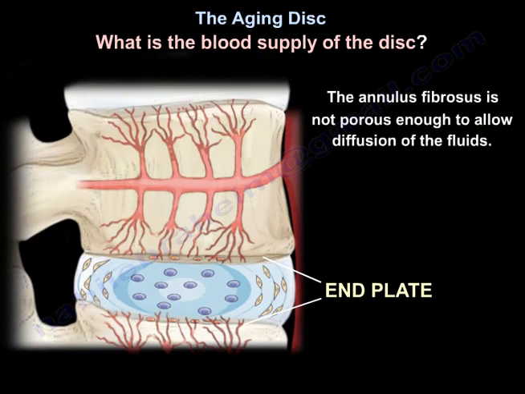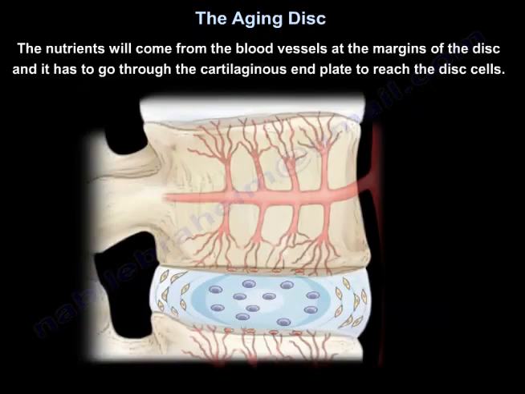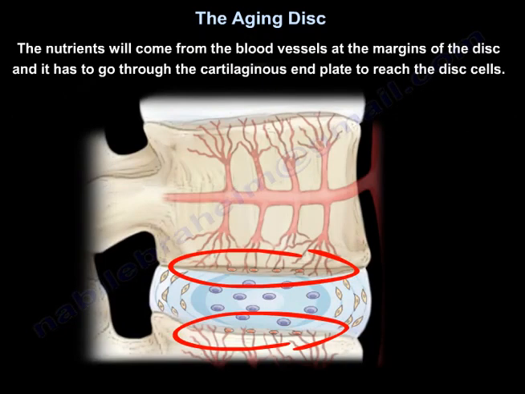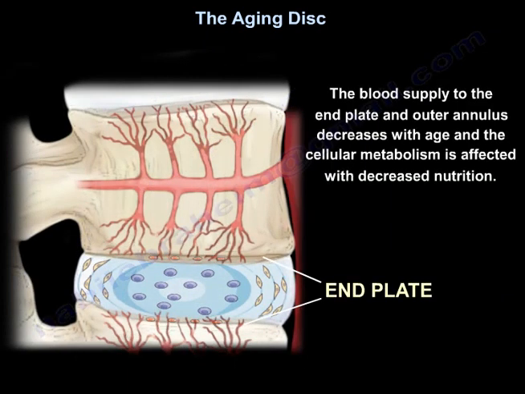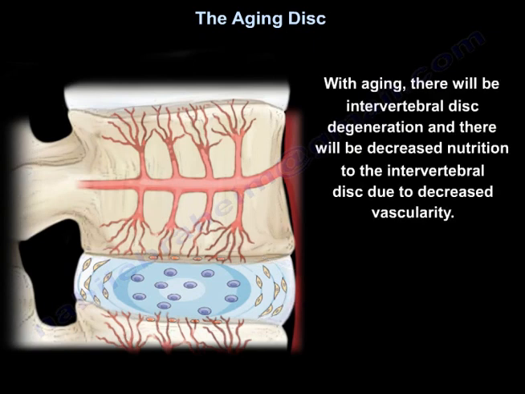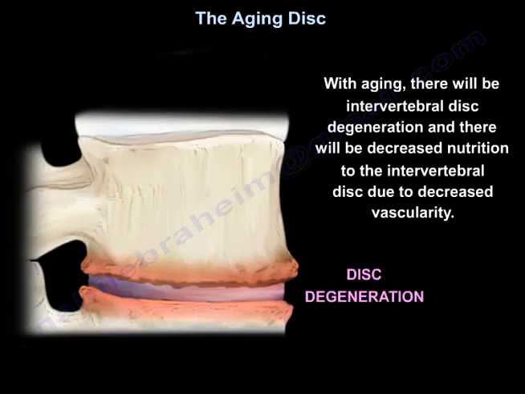The annulus is not porous enough to allow diffusion of the fluids. The nutrients will come from the blood vessels at the margins of the disc, and it has to go through the cartilaginous end plate to reach the disc cells. The blood supply to the end plate and the outer annulus decreases with age, and the cellular metabolism is affected with decreased nutrition. With aging, there will be intervertebral disc degeneration and decreased nutrition to the intervertebral disc